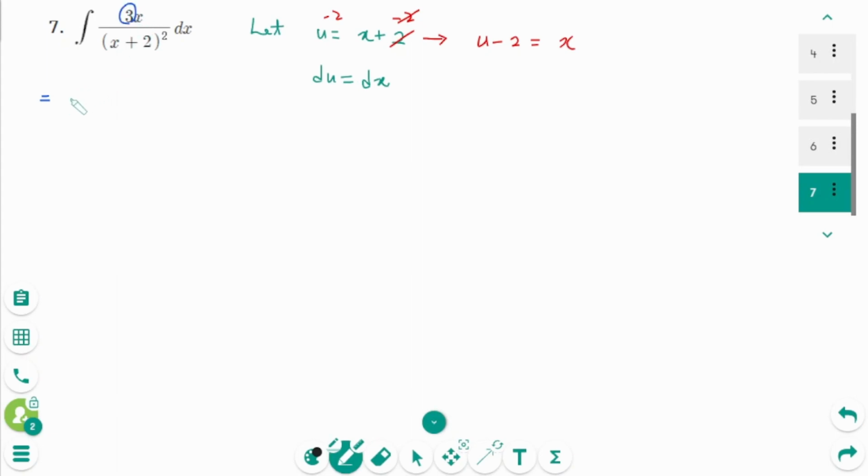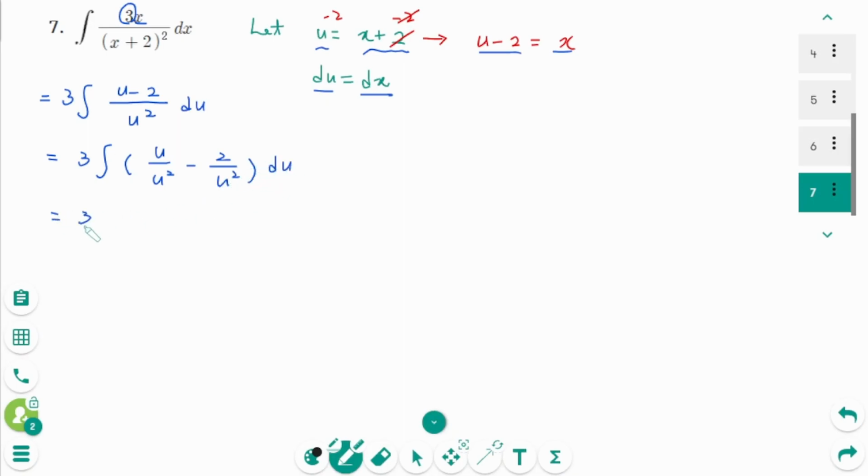Constant 3 moves here. The integral of x is u minus 2 over x plus 2 is u squared, then dx is du, equals 3 times the integral of u over u squared minus 2 over u squared du, which equals 3 times the integral of 1 over u minus 2, making the power form u to the power of minus 2 du,